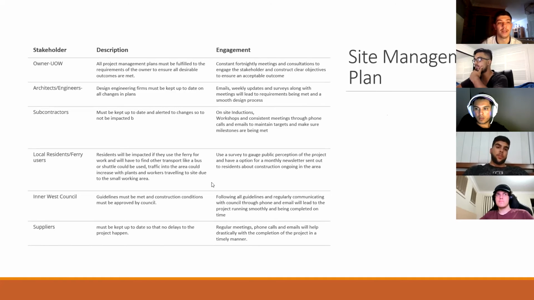Next, we have the stakeholder plan. So we have stakeholders: UOW, owners, architects and engineers, subcontractors, local residents and ferry users, Inner West Council, and suppliers. For engagement, we have constant engagement in fortnightly meetings, consultations, emails, weekly updates and surveys, on-site inductions, workshops and consistent